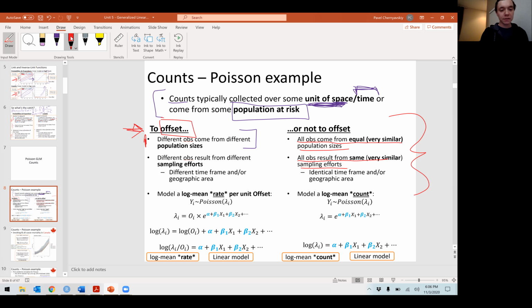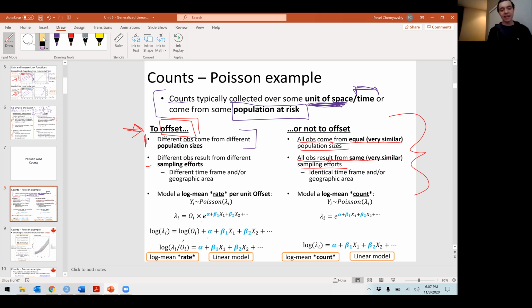If you are applying an offset term, it appears here and here and here. You will notice that if it appears on the same side as all of your coefficients, the offset term is known. It doesn't have a coefficient. There's nothing to estimate for the offset. It's a known population. It's a known amount of sampling effort. And then your model simply modifies this known quantity in ways that are controlled by your covariates. So here